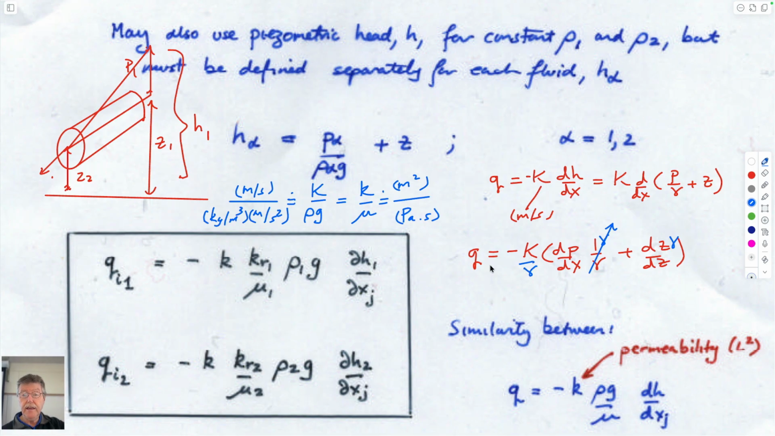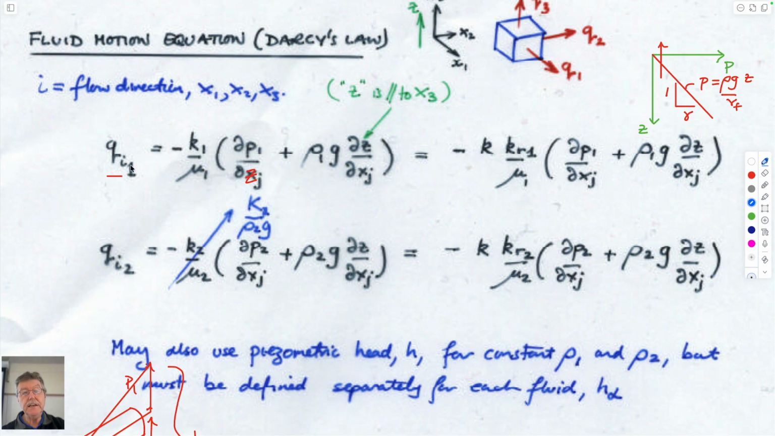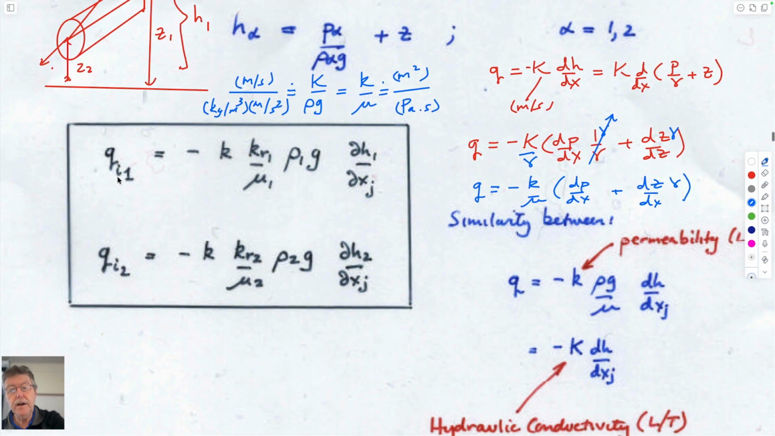And so K over rho g is immediately this term here. And so we can rewrite this as q is equal to minus K over viscosity multiplied by dP dx plus the gradient of dz, it would be dx in this particular case, multiplied by unit weight. And so since we can write these equations in any orientation we like, horizontal or vertical, if we define our coordinate system,